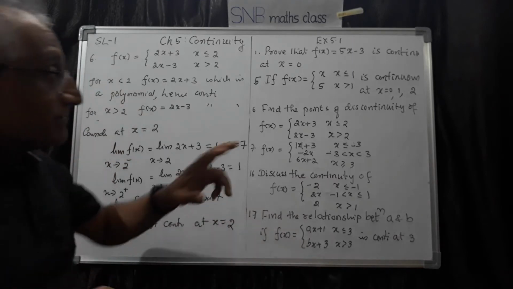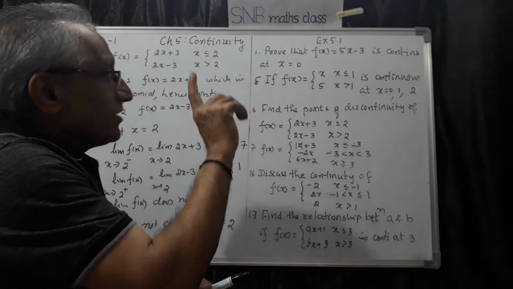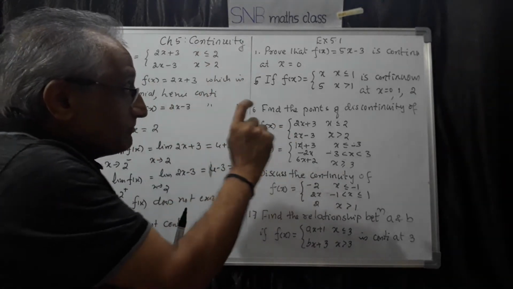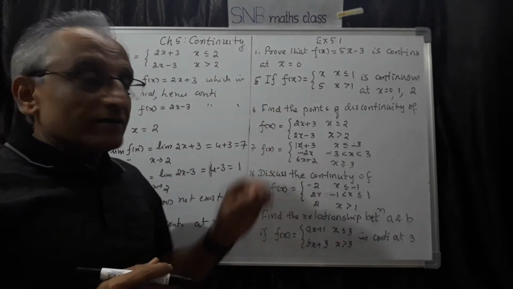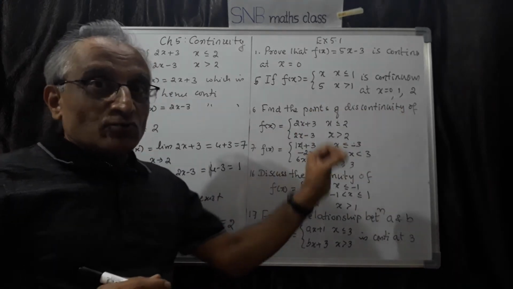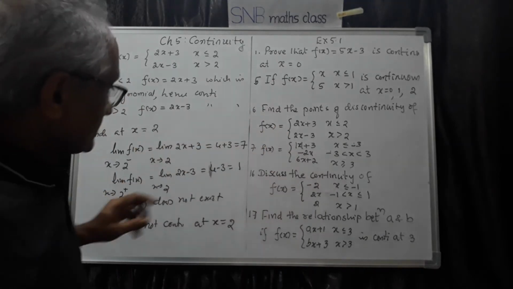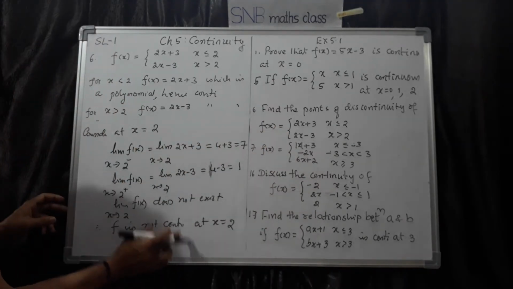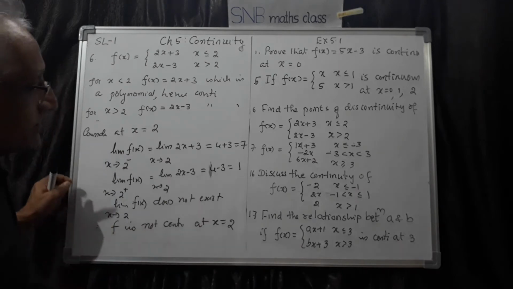Therefore, now the question. Sometimes this type of question can be asked for 1 mark also. For example, at how many points the function is discontinuous. In competitive examinations they ask the number of discontinuities of this function: 1, 2, 3, like that. So here there is only one point of discontinuity, only one point it is discontinuous, all other points it is continuous. So this is question number 6.